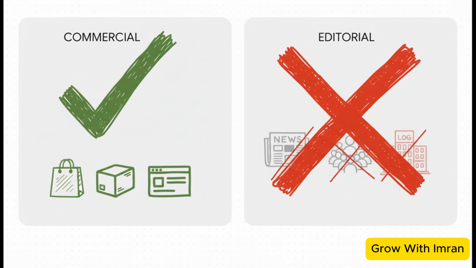And here it is, the most important rule of all. Pay attention to this one. Adobe Stock does not, I repeat, does not accept AI-generated images for editorial use, especially if you're a new seller. If you try to upload an AI image of, say, a fake protest or some made-up news event, bam, that's a super fast way to get your account flagged or shut down. So remember, all of your AI art must be for commercial use, period.